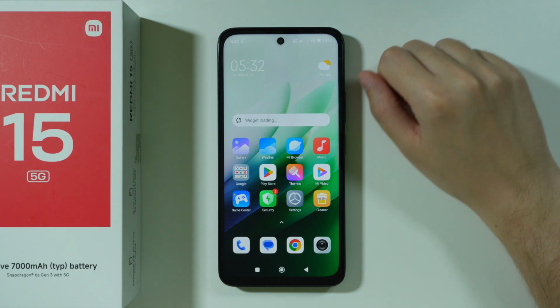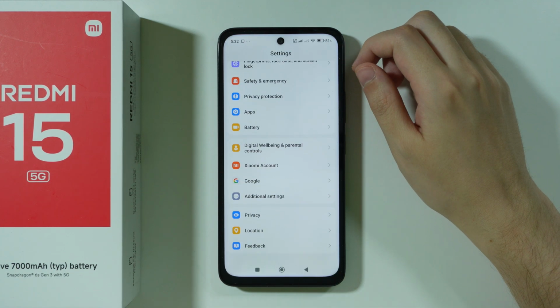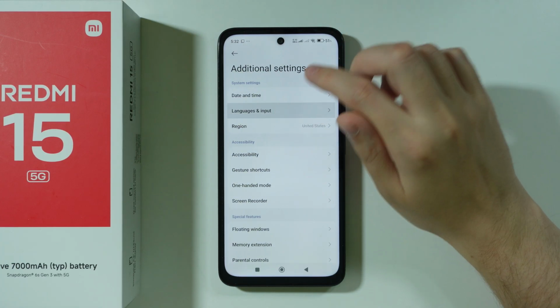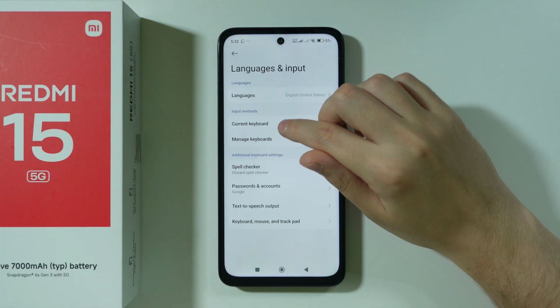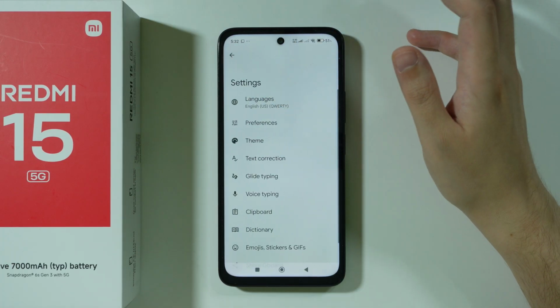To change keyboard language on Redmi 15, first of all we need to open Settings, scroll all the way down, and then go to Additional Settings. After that, we're gonna go to Languages and Input. Next, go to Manage Keyboards, and tap on the Gboard, as this is the default keyboard that we use on